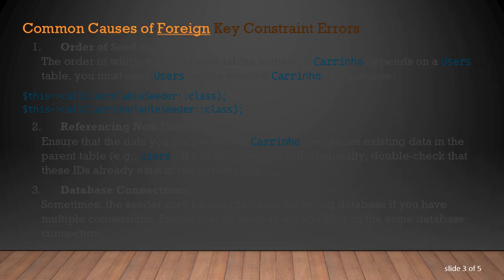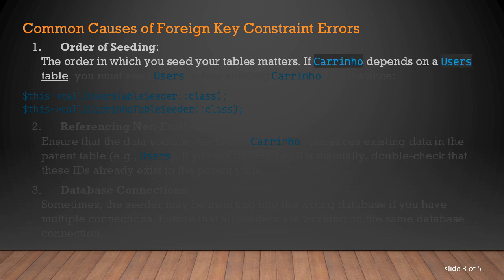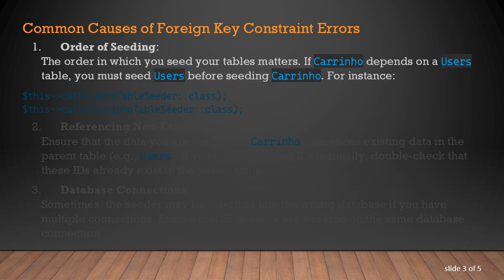Common causes of foreign key constraint errors. Order of seeding. The order in which you seed your tables matters. If Carrinho depends on a users table, you must seed users before seeding Carrinho. For instance,